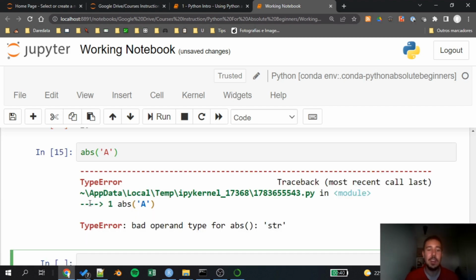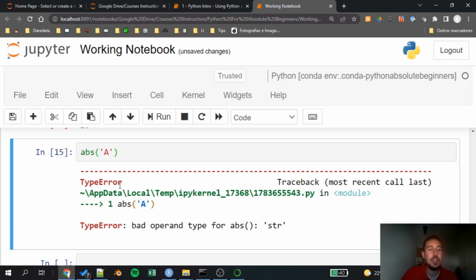Let's run this. We have a type error. Now this is our first mistake here in Python, and as you can see, we have no return in Jupyter Notebook. What we have is this type error, which means that our code has some issue. This is one of the most common things that you will see either in Jupyter or base Python, so get ready for it because you will make, of course, a lot of mistakes, just like I do in my life